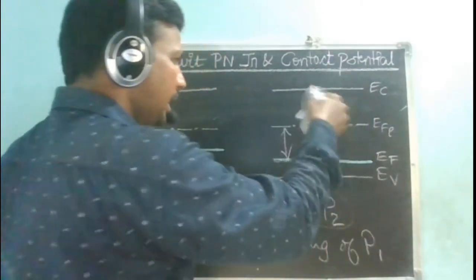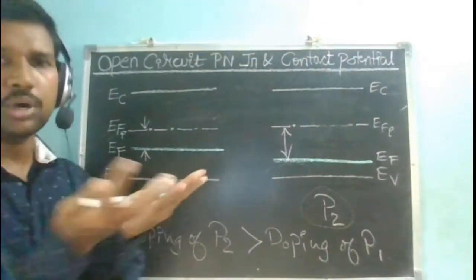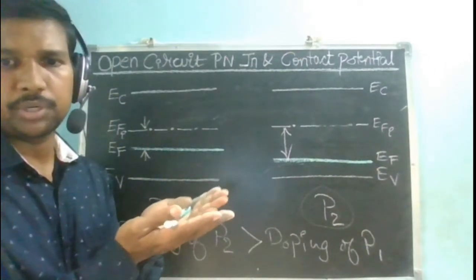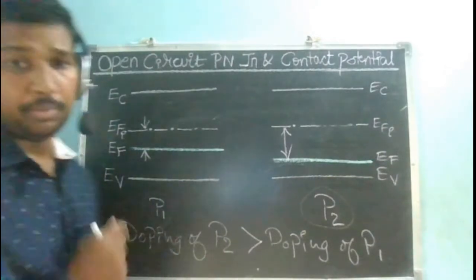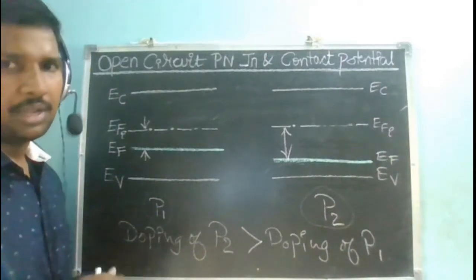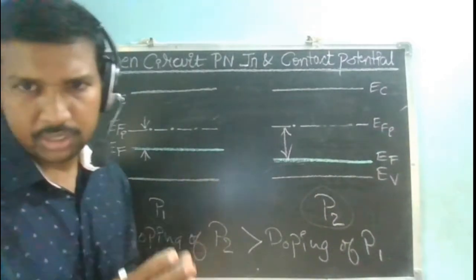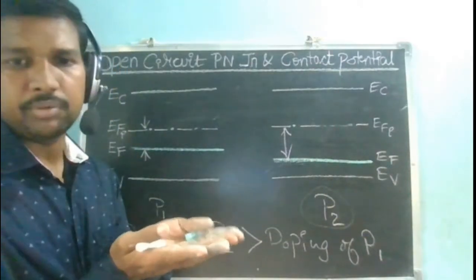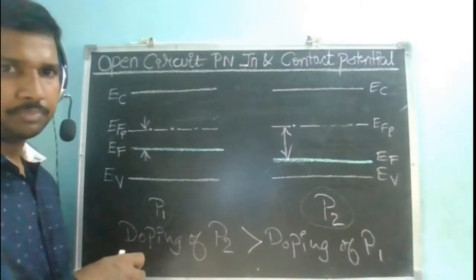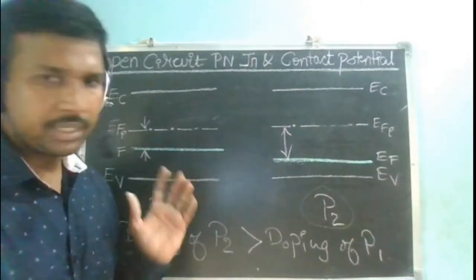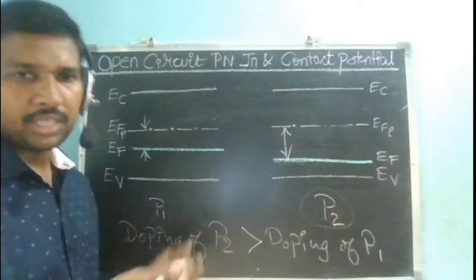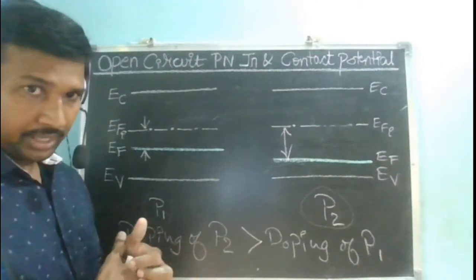Keep in mind that it is not as simple as just bringing P1 and P2 together like this. There is a certain fabrication process with which people do it. We are not discussing that here, but understand that with an available fabrication process, if we are able to join P1 and P2, then what happens? What is expected? Why are the Fermi levels of both materials going to get aligned when I consider a P1-P2 junction?